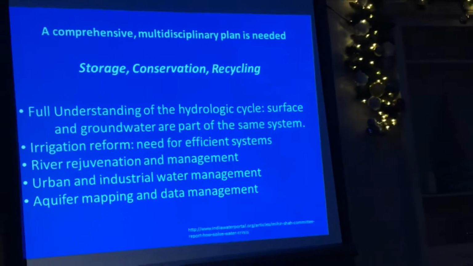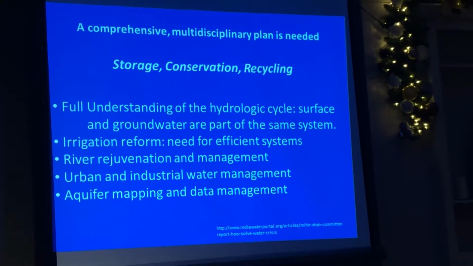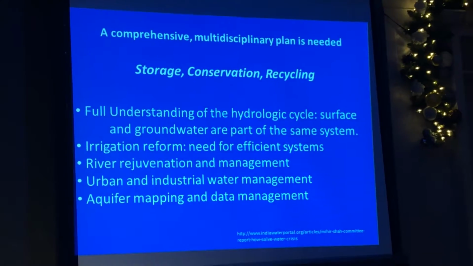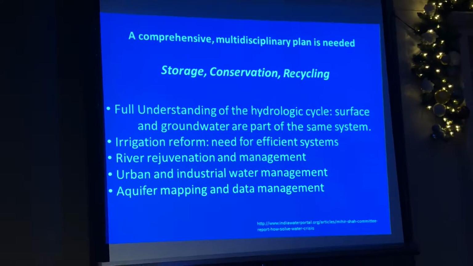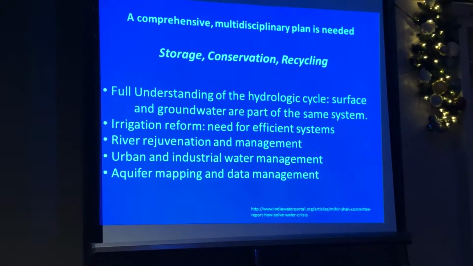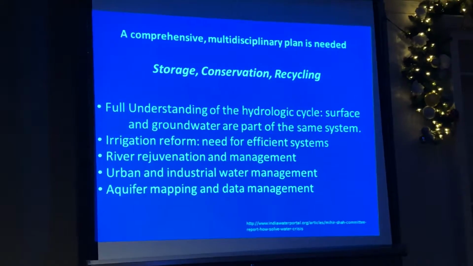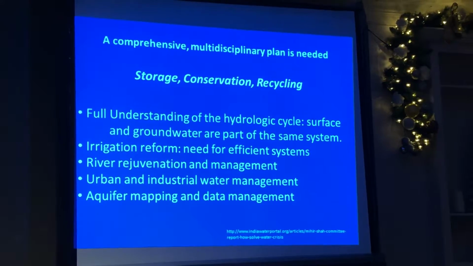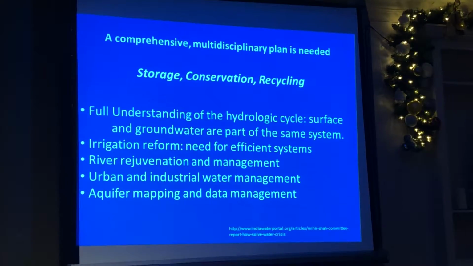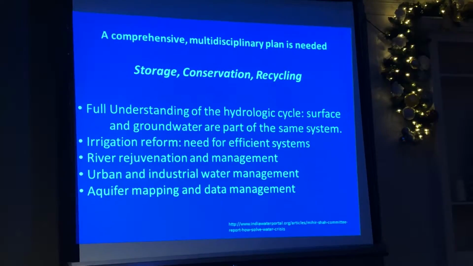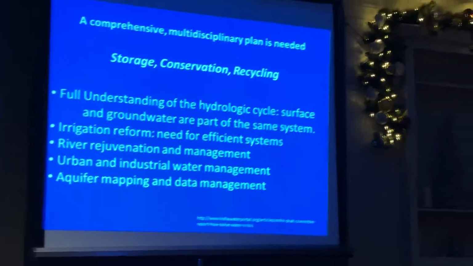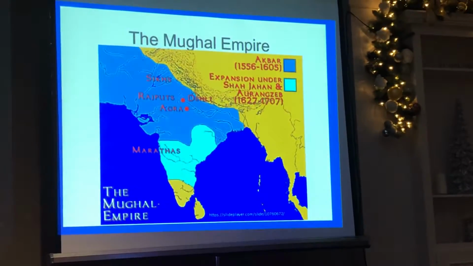So again, I won't read all this, but it's pretty commonsensical, the kind of possible things you have to do, but you have to do it at the local level, from individuals to local governments to provincial governments to federal governments. So a lot of it is not so much technology, but politics and economics and local conditions to try to solve. However, there is some work being done on aquifer mapping and data management that's available, and I'm sure there is a lot more technical information available in non-public domain. But to get to a level where it will start to help is a whole other matter.